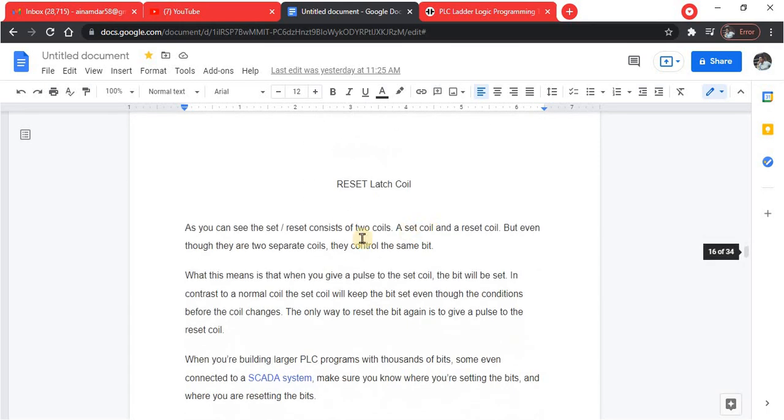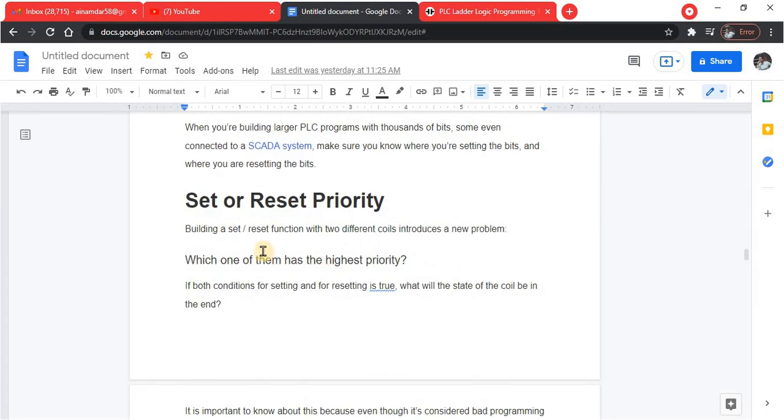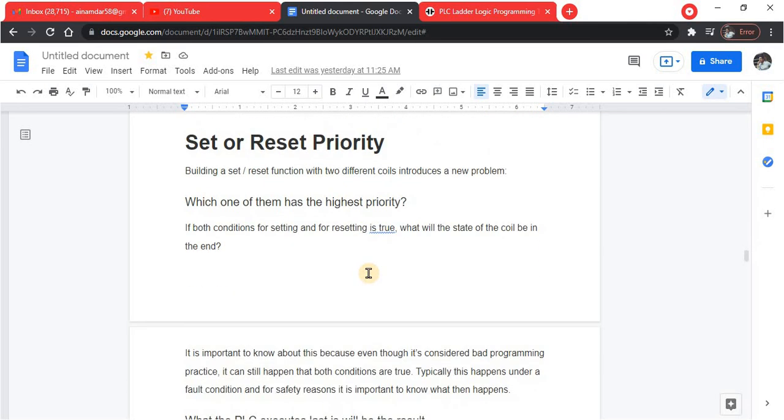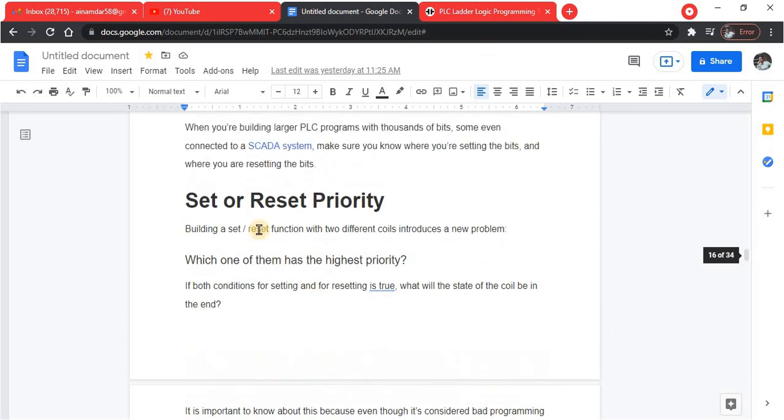The theory is given here, you can read it. We are going to see the last point for today's lecture, set or reset priority. Building a set or reset function with two different coils introduces a new problem.